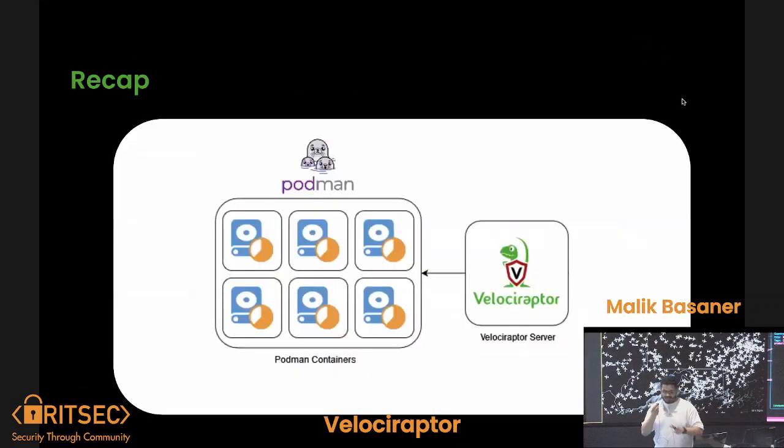That is a quick recap. I think that's the last slide. We have a Podman container that has dead disk images on it, and they are connected back to the Velociraptor server, whereas you as an analyst can run commands through the Velociraptor APIs and get information from the dead disk you just mounted. All of that project was automated, so you just run one command and it will give you information.